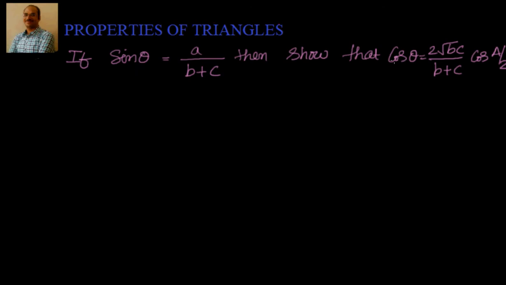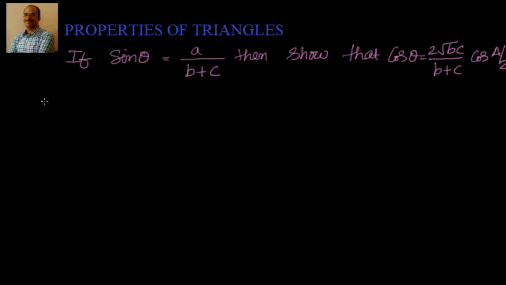We have one trigonometric identity, which is sin square theta plus cos square theta equal to 1. Using that, I will find sin square theta, then subtract it from 1, so I should be able to get the value of cos theta. Let's go ahead in that direction. First let me find cos square theta, so that afterwards I can take the square root.